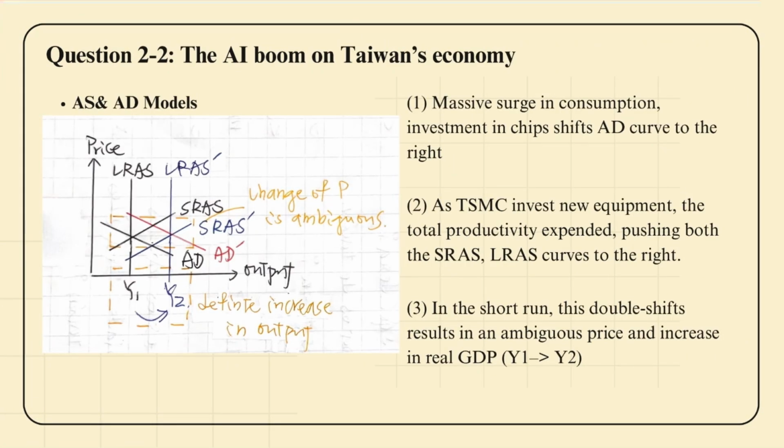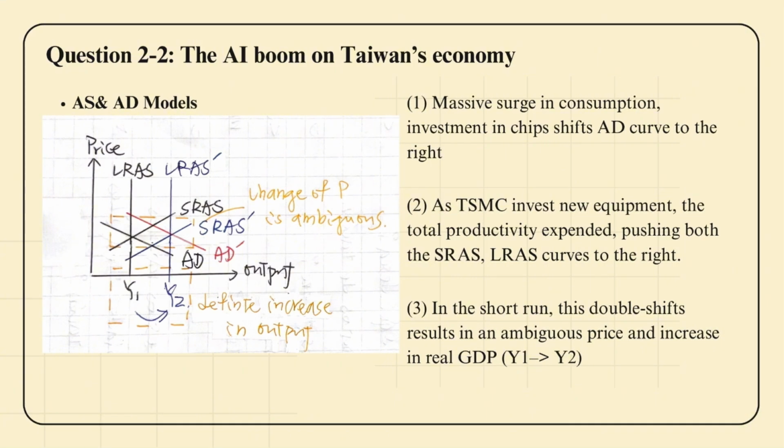The second question, the impact of the AI boom on Taiwan's economy. To analyze this, we will need the aggregate demand and the aggregate supply models. First, on the demand side, the massive jump in consumption, corporate investment, and the cheap export shift the AD curve sharply to the right. On the supply side, TSMC's massive investment in new